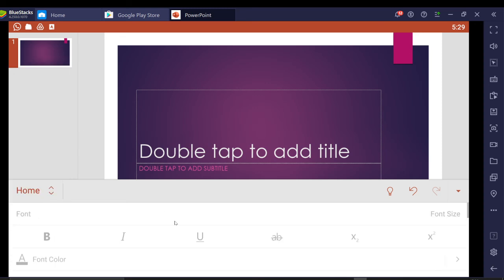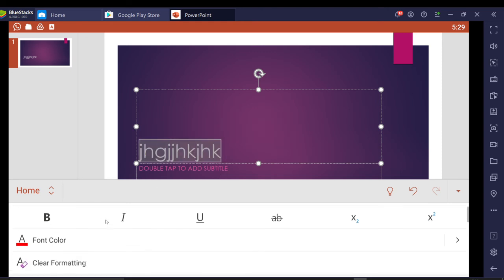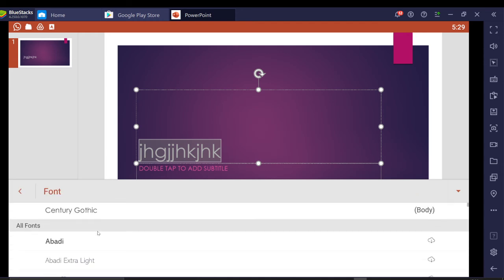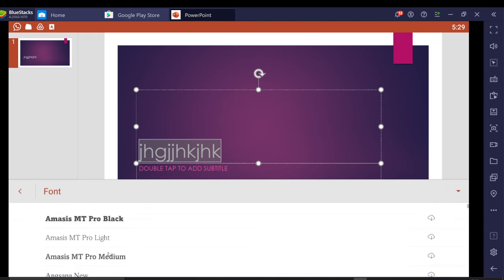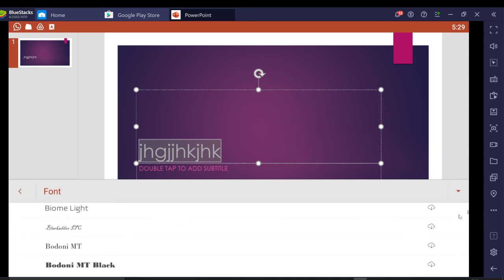In the Home option, as I said, there is bold and font. Whatever you are typing, suppose I want to change the font. Which is the font I told you to keep? Times New Roman. Here also you can type it, Times New Roman, and it will be available.